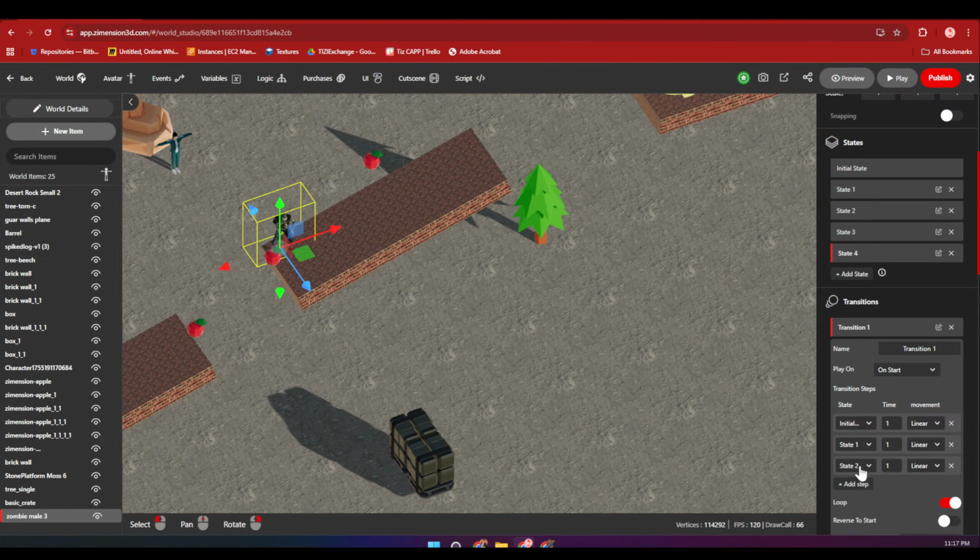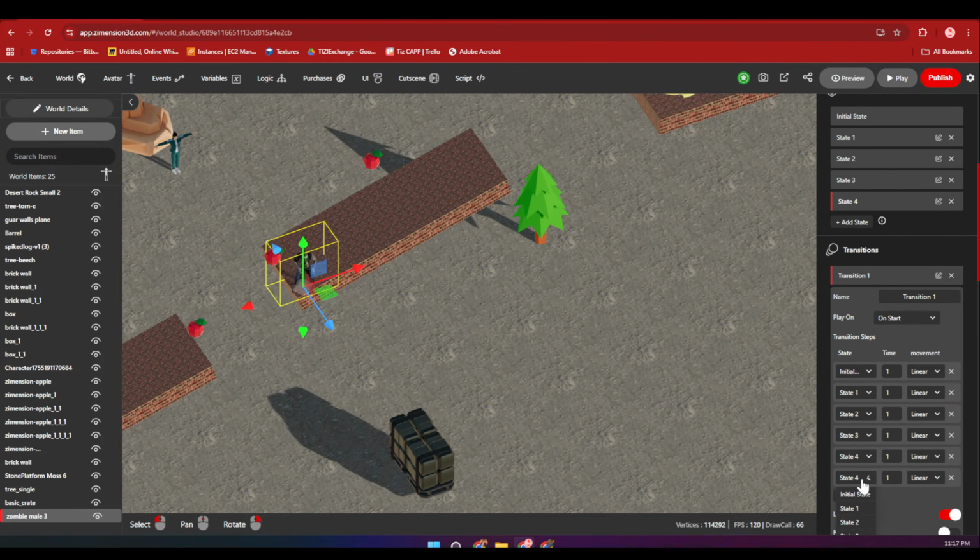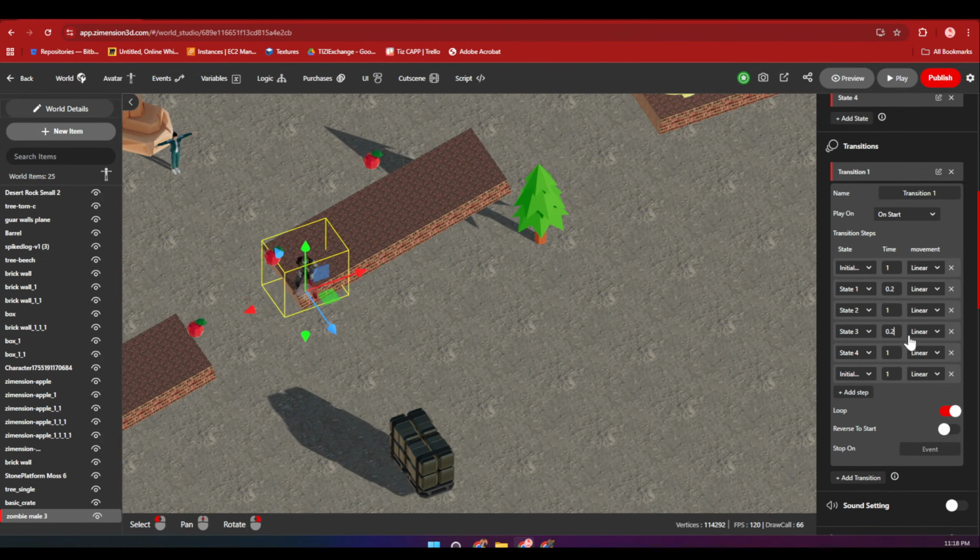So from initial state to state 1, then state 2, to state 3, and to state 4, and back to initial. See, now we can have this loop, and we can increase the turning distance at least. Okay, and this will be on loop and from start.